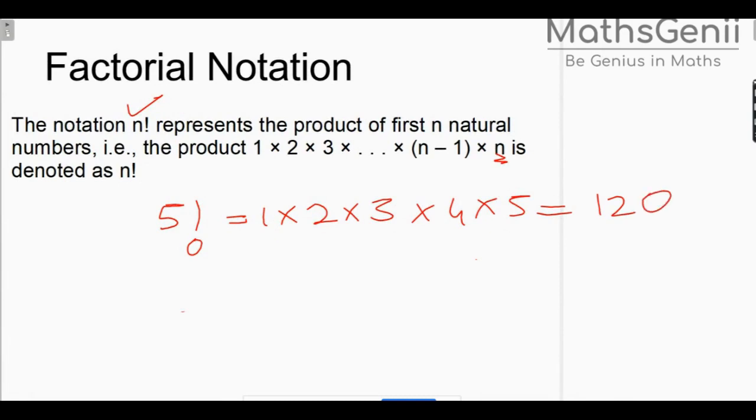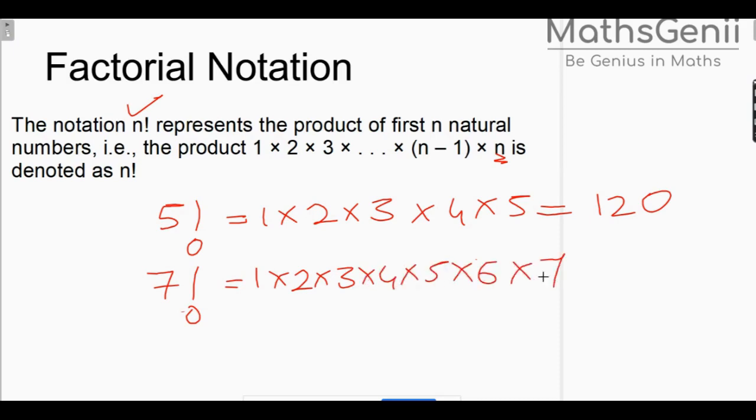This is nothing but how you expand factorial. Similarly, if you had to write 7 factorial, it's the same. 1 into 2 into 3 into 4 into 5 into 6 into 7. So 3 sixes are 18... 2 fours are 24, 24 fives, 6, 7. You get the answer as 5040. Now this was a simple example.